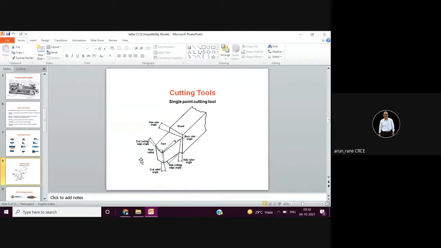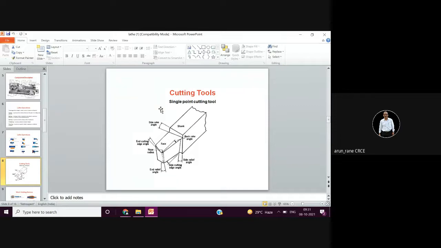Then from the side view you can see the end relief angle and side relief angle. That is two. And then from the top again you will see the end cutting edge angle and side cutting edge angle. So altogether six angles. Again I repeat: back rake angle, side rake angle, end relief angle, side relief angle, and then end cutting edge angle and side cutting edge angle. Altogether 6 angles, and this is the nose radius.